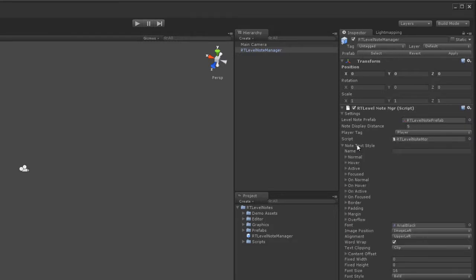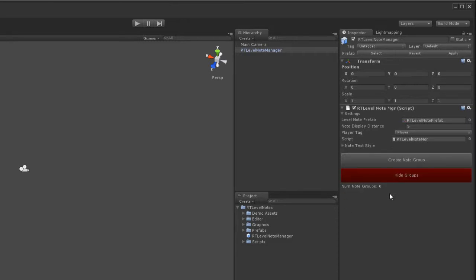We also have the note text style. This is the style that will be applied to all of the text that gets overlaid on the notes when we're in game. We also have create note group and hide groups. A quick mention of what exactly a note group is: RTLevelNotes are created and grouped together, so each group can have its own unique icon and certain settings. So if we create a new group,